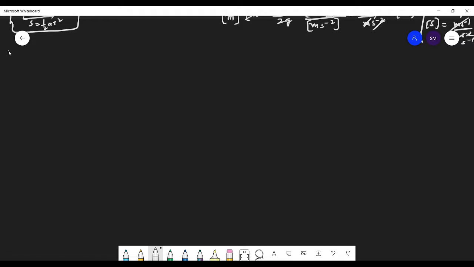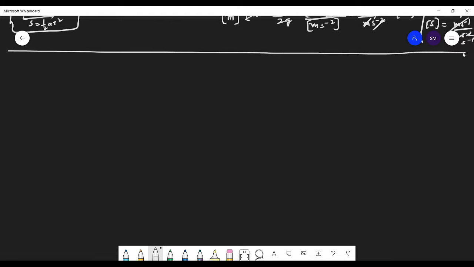So students, now let us do a question. A ball is thrown up, is caught by the thrower after 4 seconds. So ball is thrown up. So obviously the ball will go up and come down. So it's in 4 seconds. How high did it go? So we have to tell.